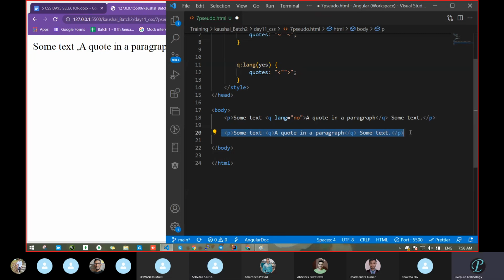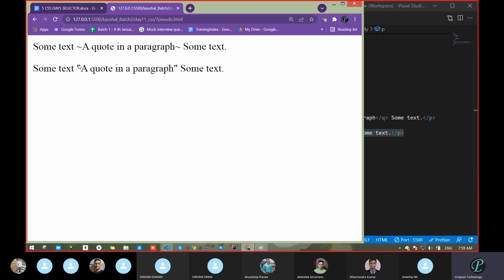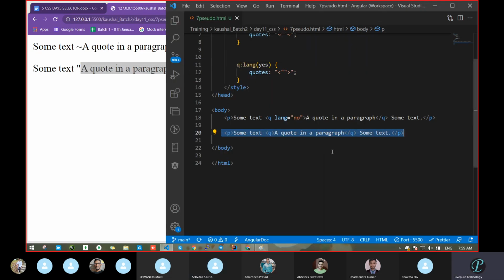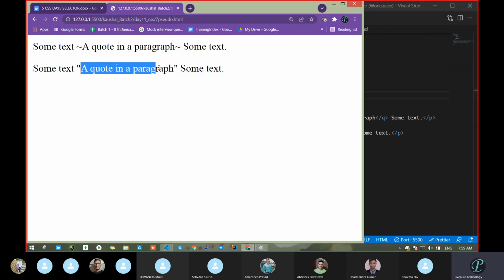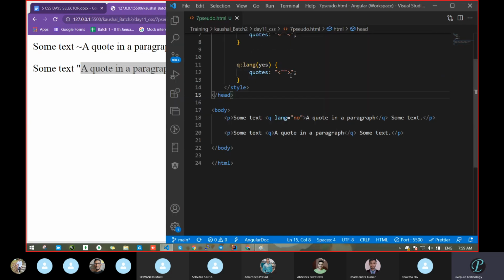By default, it is the line only. It means no comma, no symbol. It will show quotation. See, yes, the double quote came, correct? But we defined a rule that when q is there, I do not want that double quote. In that case I want something greater than and less than, meaning I will wrap this complete line in greater than and less than.